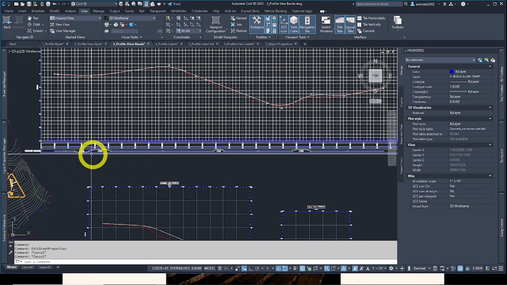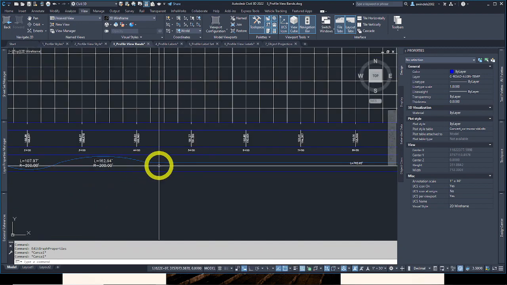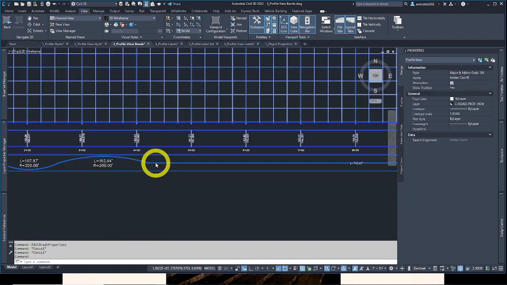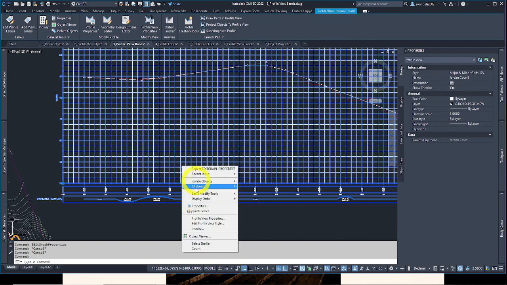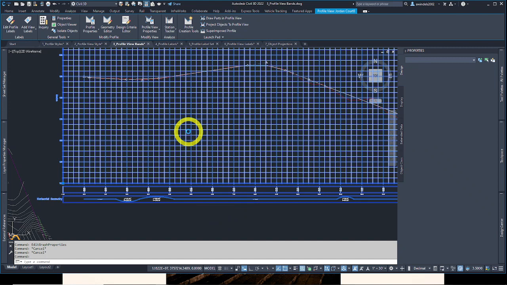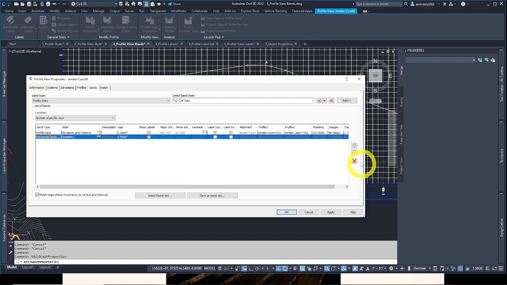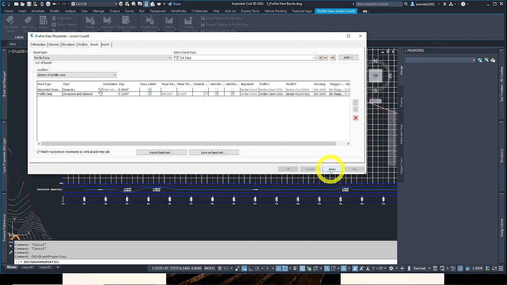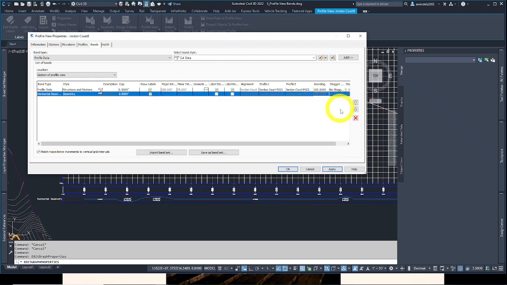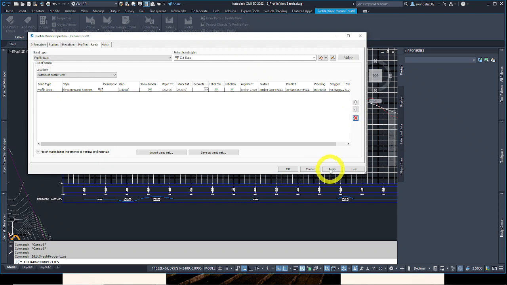Anyway, there's ways you can make this look the way you want as well. That's just the way this style is of this band. I'm going to go into this one real quick to end this chapter section. Go back to the Profile View Properties. And I'm going to pick just the horizontal geometry in this case. And you can also put them up and down. So let's move this so you can see it. I'll apply it. They can get stacked in different orders. And they can also be deleted. I'm going to delete this one now, this red X. Hit apply to see that before I leave. But now I'll hit OK because I'm done with